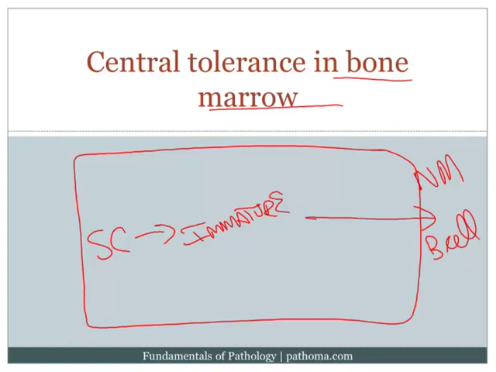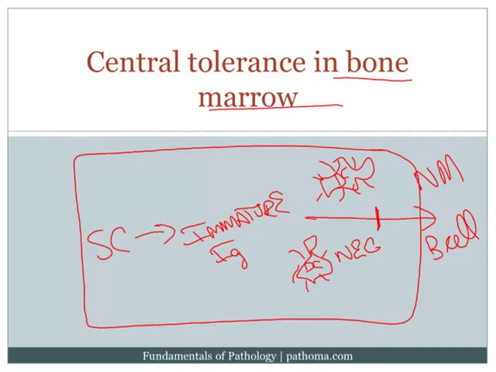Now, as the cell progresses from a stem cell to an immature B cell, it's going to express immunoglobulin, and then the question is going to be asked somewhere out here via negative selection, do you bind self-antigen too tightly? There are dendritic cells present within the bone marrow that express self-antigen, and as they express self-antigen, the immunoglobulin will be exposed to it, and if it binds too tightly, then the cells will undergo one of two things. Now, the first thing that can happen as a result of negative selection is that the B cells can undergo receptor editing.